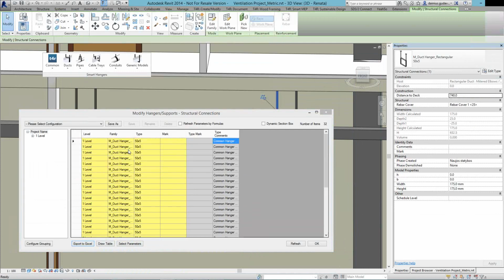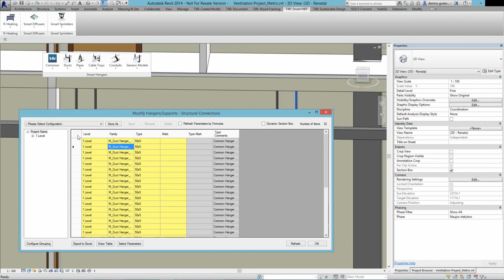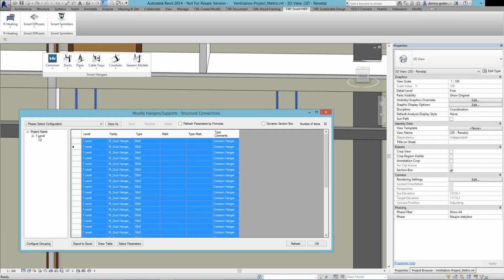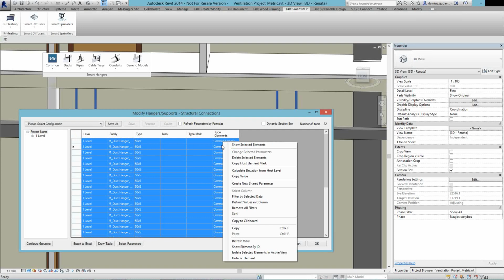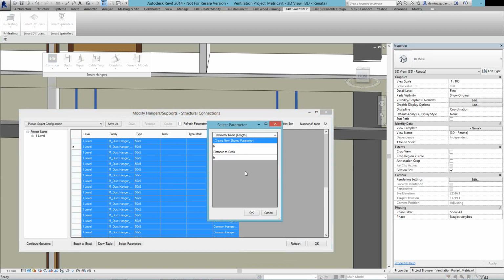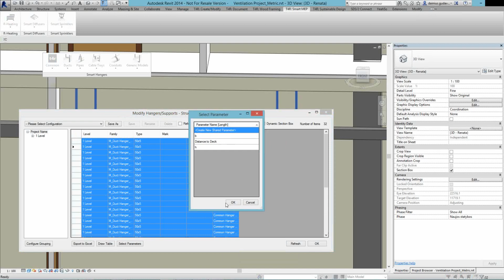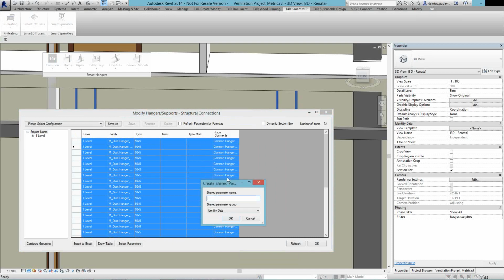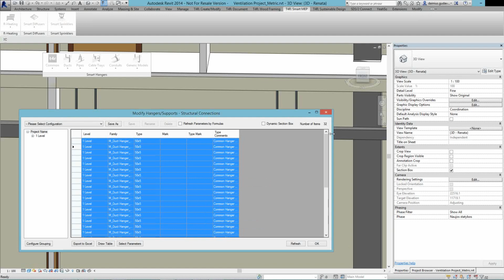And for example, I want to calculate the height of these hangers from the host level, that is level 1 for these ones. So I just press the right mouse button and press calculate elevation from host level, and it suggests I create a new shared parameter for that, and I will do that. Press OK, and I will enter the naming, for example elevation, and press OK. I just choose the data parameter group and press OK. So we have the elevation written, and it shows the 0